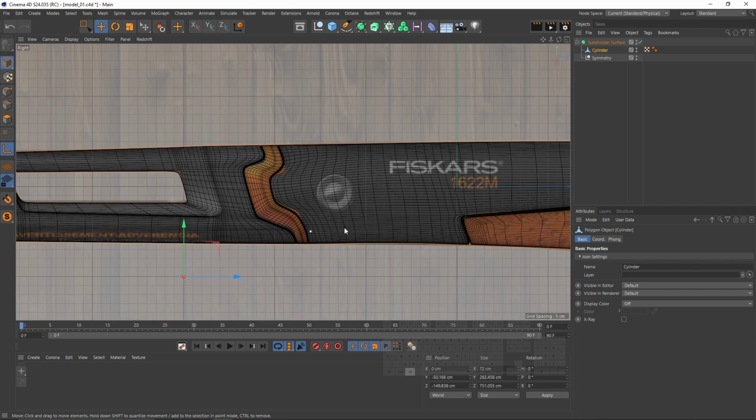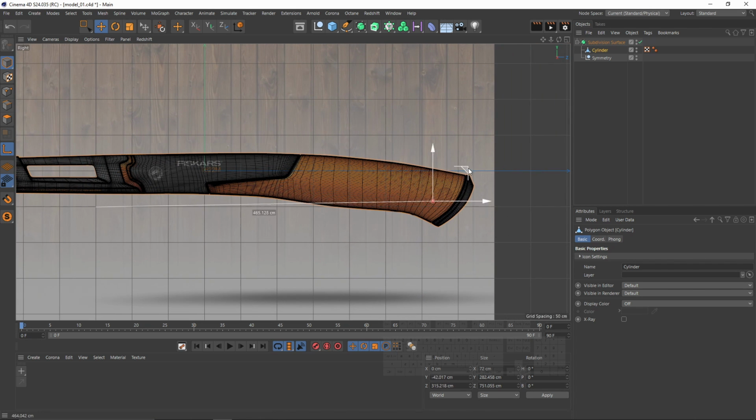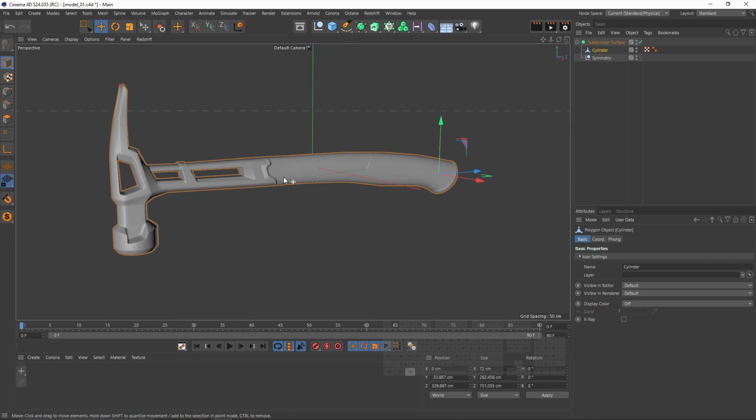and change our axis to here. And we can start to use our